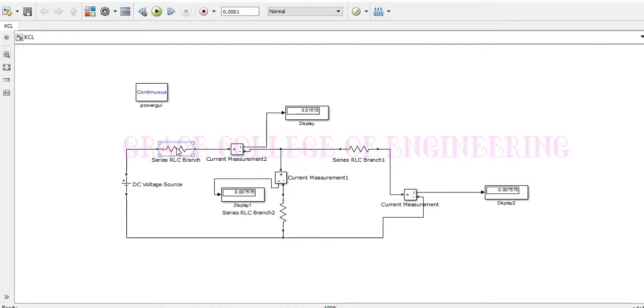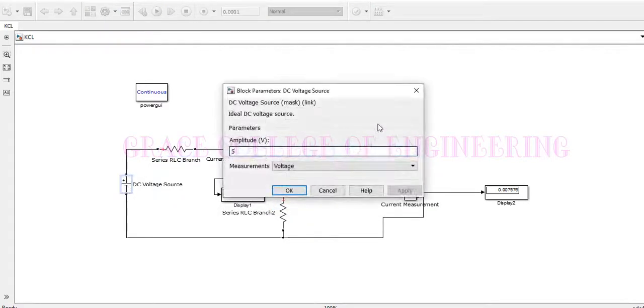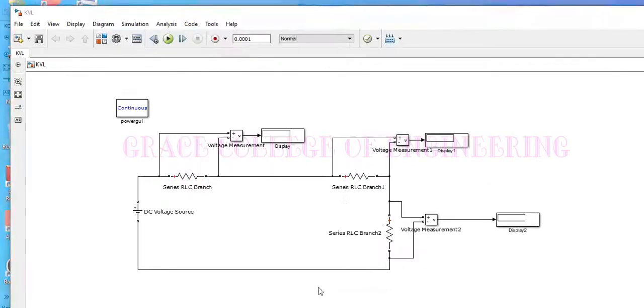Similarly we can change the resistance value here, and also the DC voltage value here, and we can see the variations of readings.